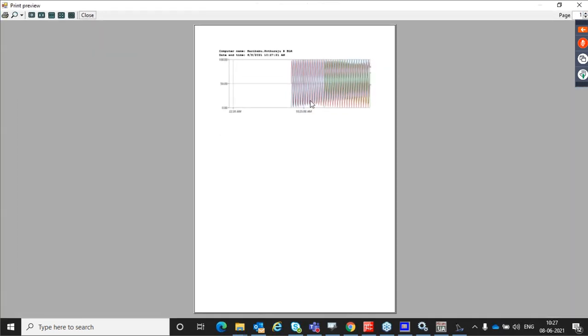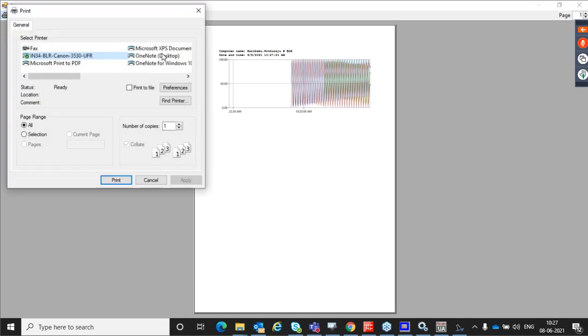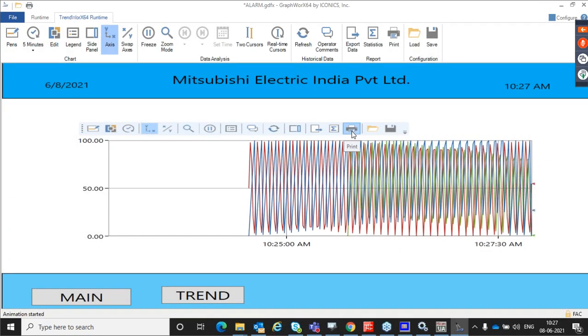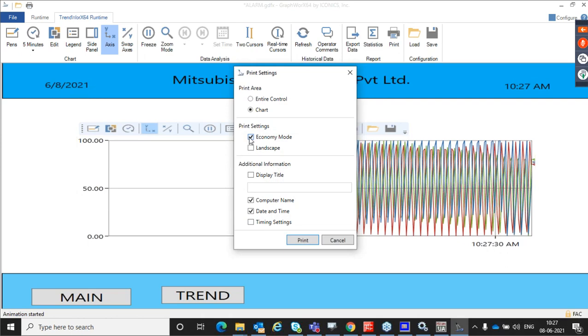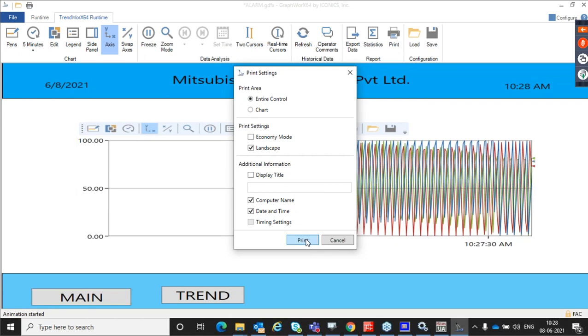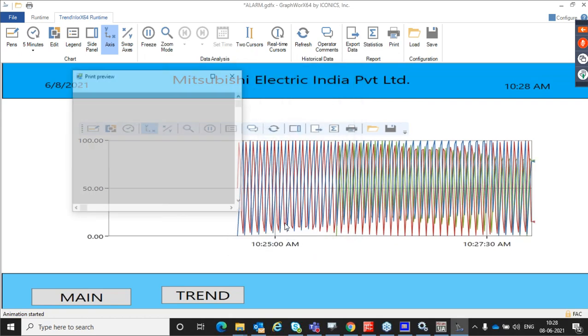Okay, you can see this. So this is a print preview, and from here, okay, we can directly take the print of this graph. Okay, so we can take it as well. Entire area we can take. So if you want this information on the trends, and also if you want to take it in the landscape mode with, okay, so entire control information if you want to take it. Okay, so then you can,